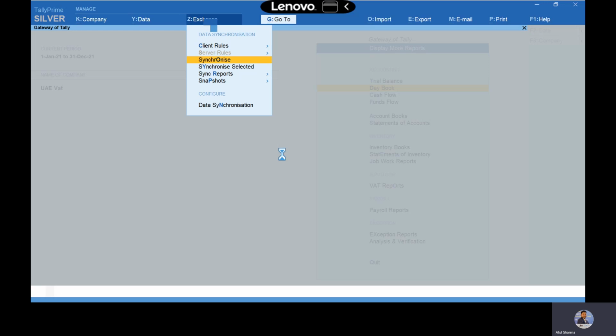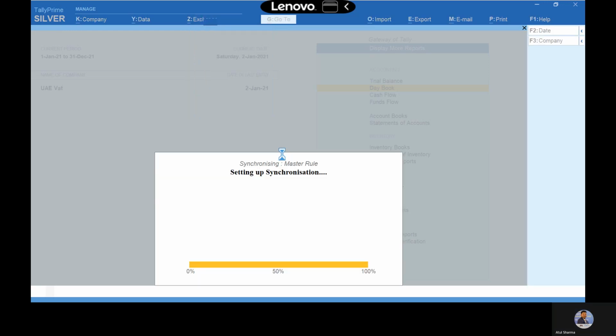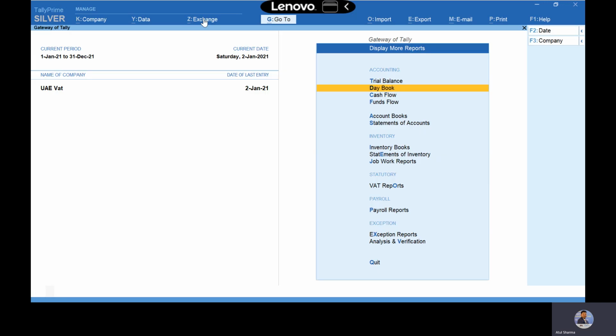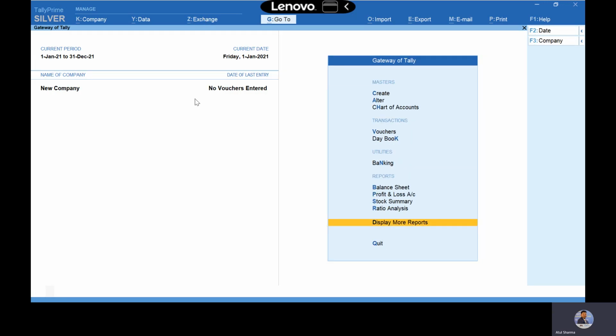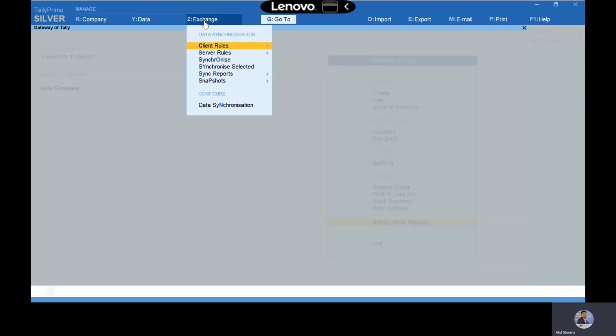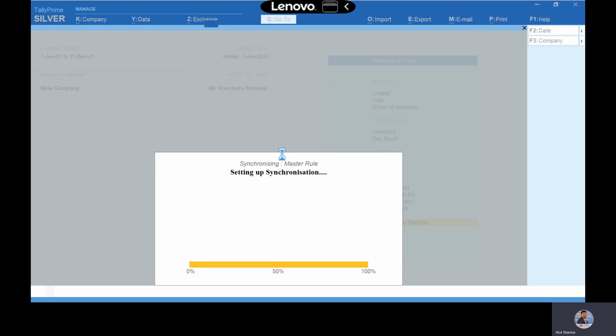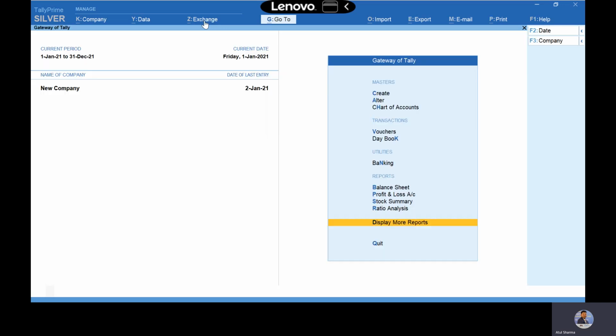So once we click on synchronize, here you can see sending data to server. Okay, it is receiving the request, now sending data to server. So data got sent. Now we came to the main server where we just need to click synchronize. Once you click on synchronize, you can see the data will get received. The 4 transactions we have recorded in the client system, we will now be able to see here as well. Now you can see 2nd January.